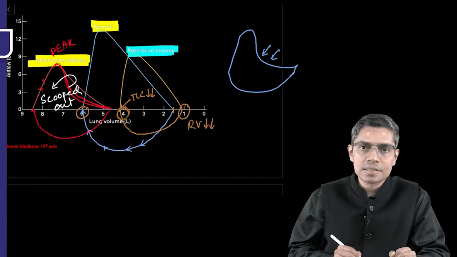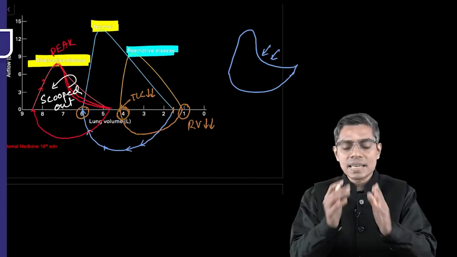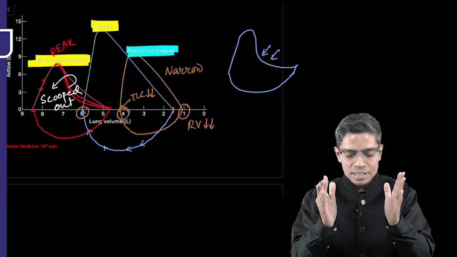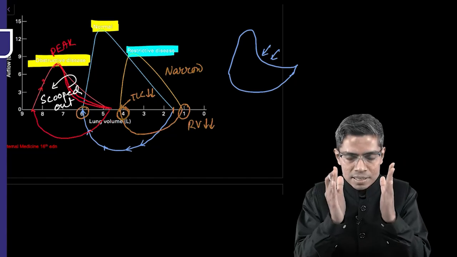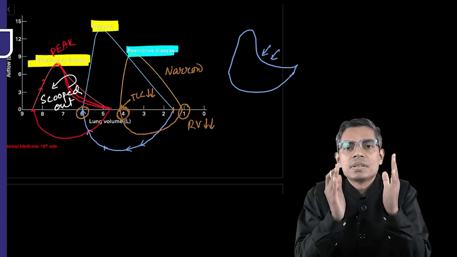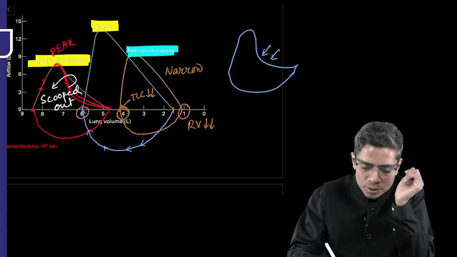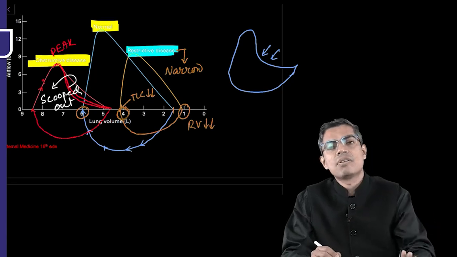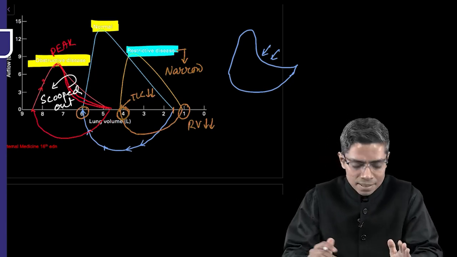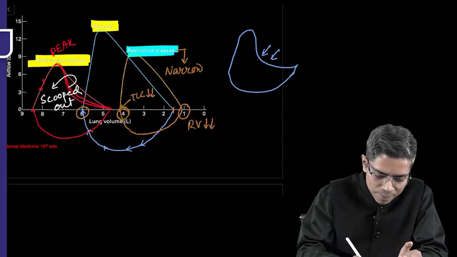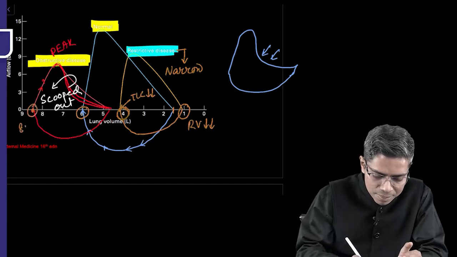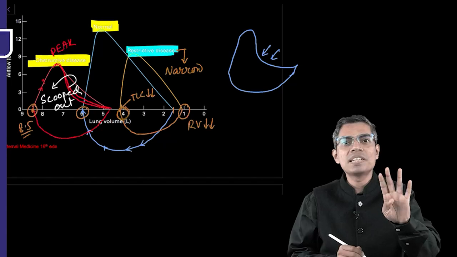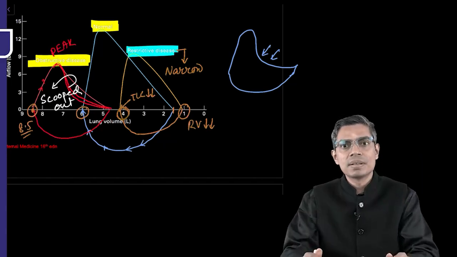TLC is also lesser, and the curve is looking like a narrow curve. This is a very narrow curve, meaning the difference between this TLC and residual volume point is very close. Narrow curve is diagnostic of this restrictive disease, indicating TLC is not very high, TLC is very lesser. If you look at the TLC of this emphysema patient, this is 8.5 liter here, very high. But look at the restrictive disease, only 4 liter is the TLC, and the curve is narrow, but there is